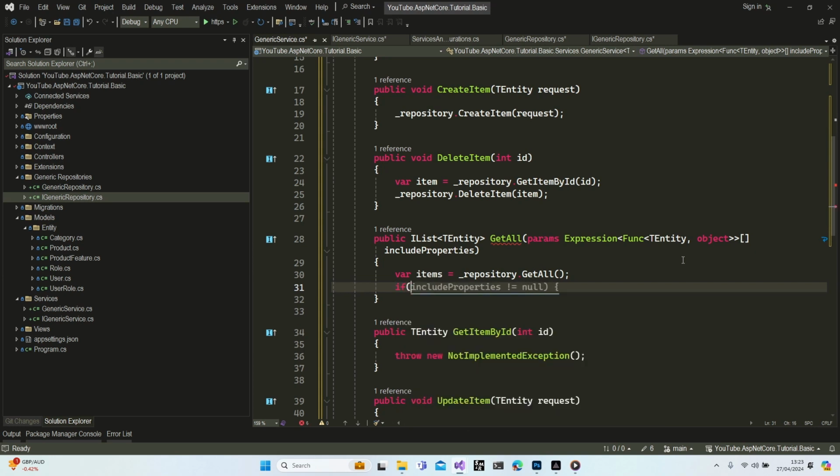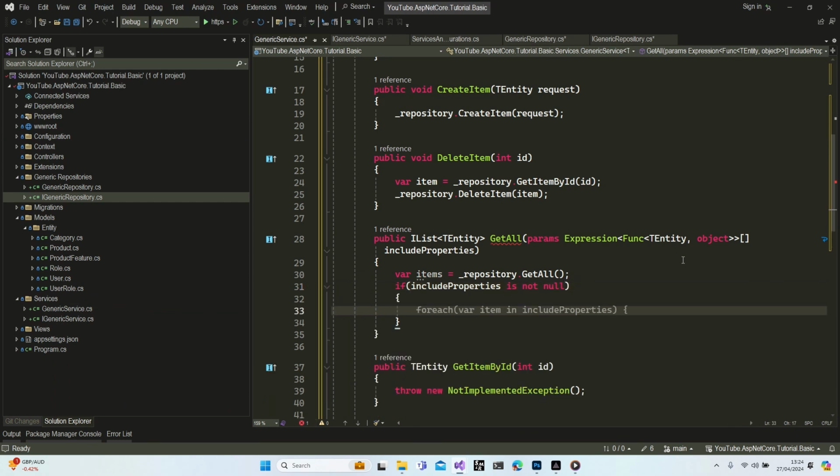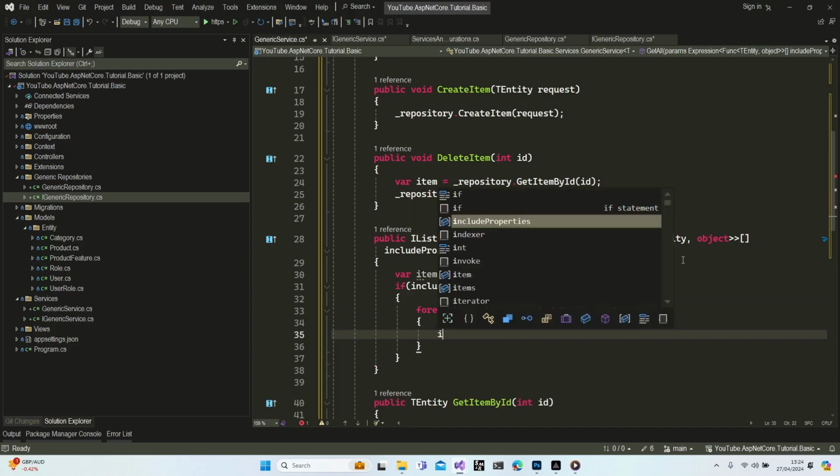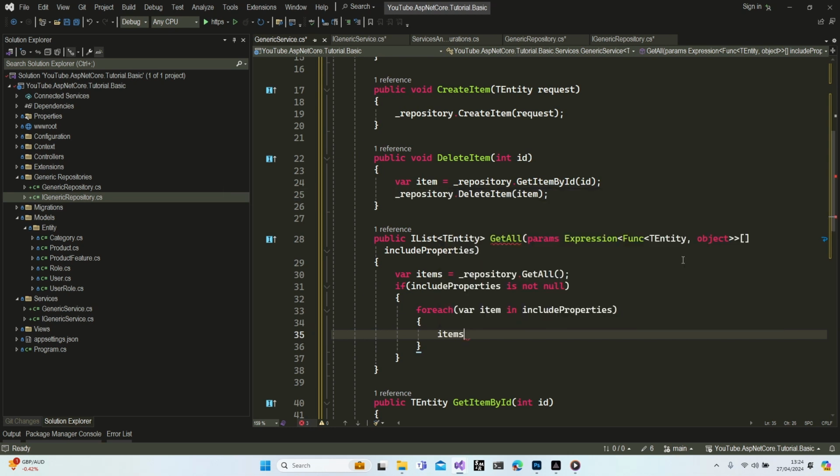If include properties is not null, we're going to touch all properties using foreach, okay? Then we're going to change our items. Here we go. Items dot include